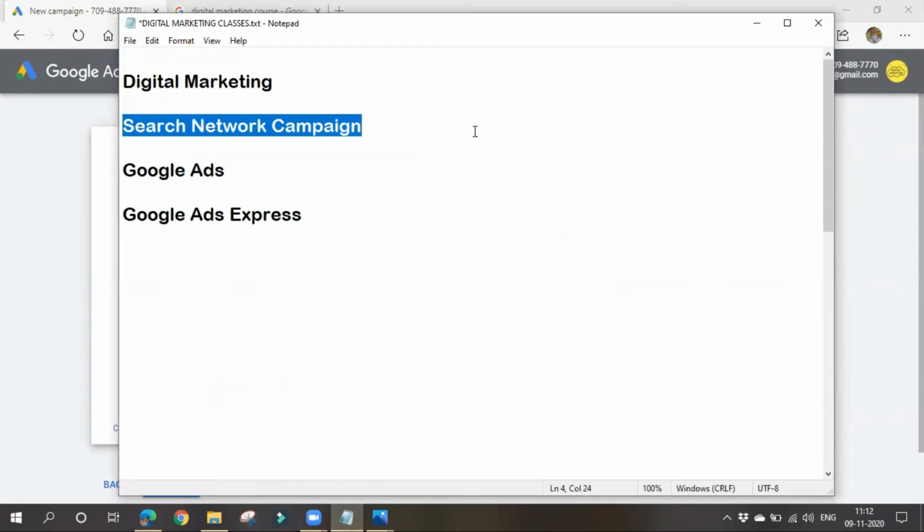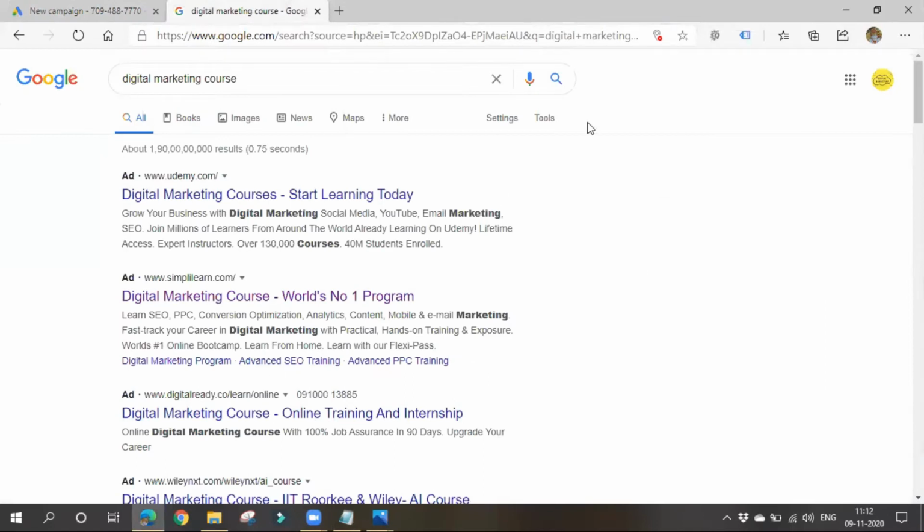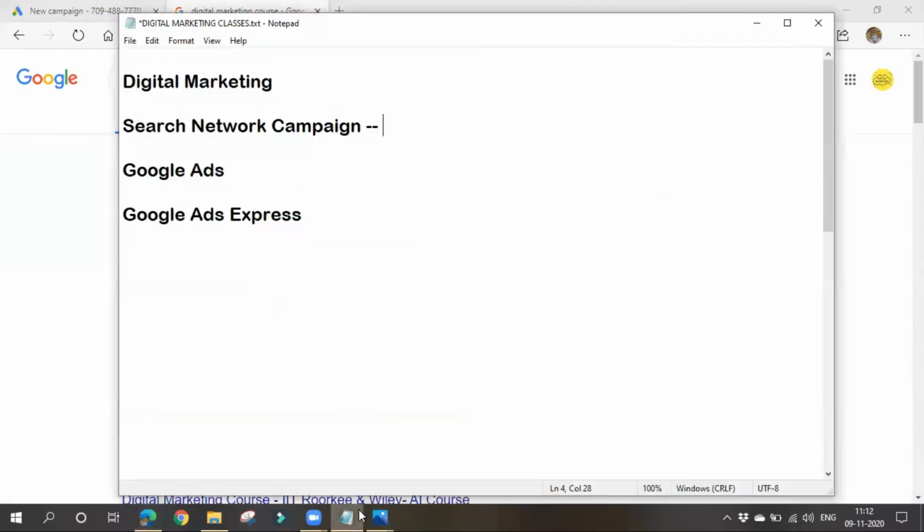What type of campaign are we going to create? Search network campaign. Okay, we are going for a search network campaign, and please remember that particular table, the Google Ad Networks table. In the case of a search network campaign, our ads will be shown on the search network, which means our ads will show up on the search results. You have to remember all those things. And what will the ad format be?